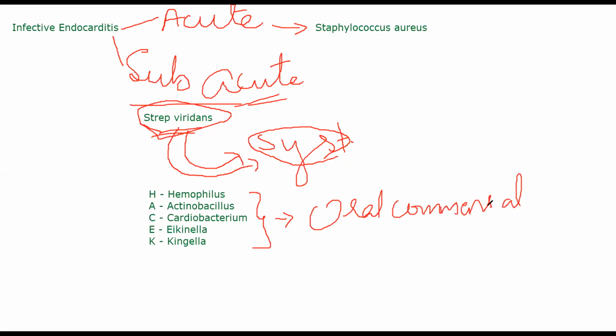But when someone is brushing, or it can be periodontal, like someone going to the dentist and getting things cleaned, in those conditions as well, maybe the dentist nicked something, for any reason that bacteria from your mouth enters systemic circulation, and coupled with low immunity or some other predisposing condition, these fellows will cause endocarditis.